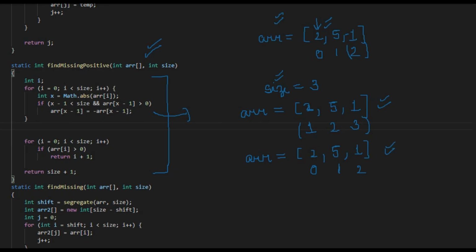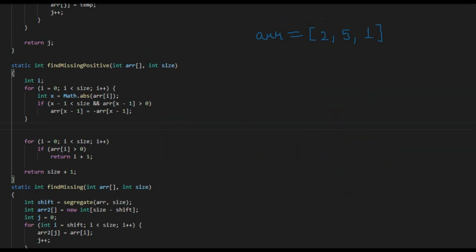So now what we have to take care of is whenever we are updating the value. Previously, we found the value 2, went to the second index and made its value negative. But now, if the value is 2, we will go to the 2 minus 1, that is the first index, and make its value negative, right? So this thing we have to take care of and we will be okay to go. Let's see now how this function is working.